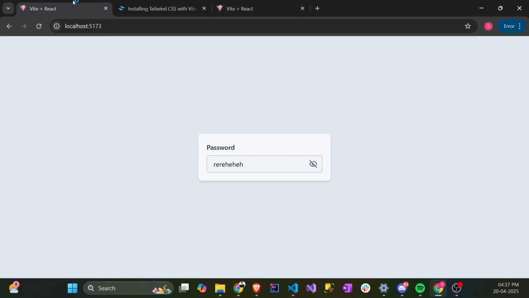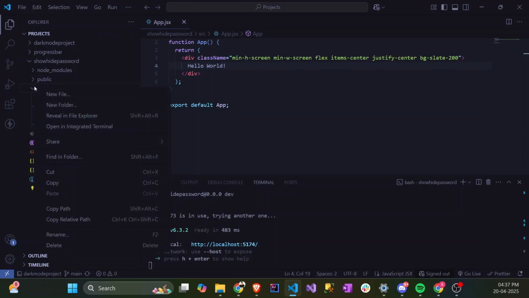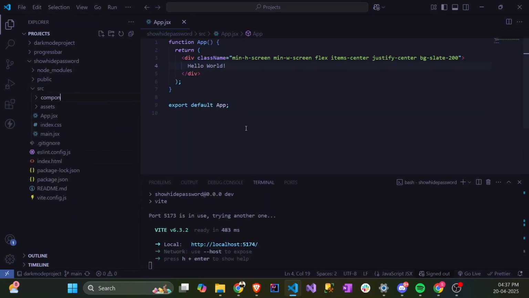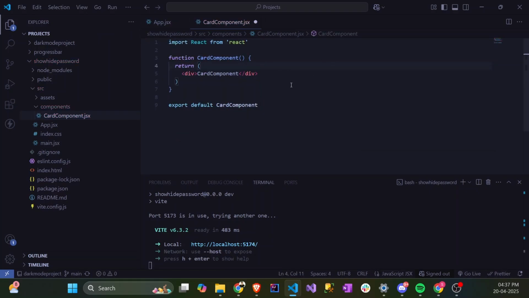Okay, so the very first step is to create this card component, and then we'll proceed with the input element over here. So let's go ahead and create a components folder, and I'm going to add a new component. I will call it card component.jsx. Okay, so I have built this template, and here we will have a label, and this label I don't need